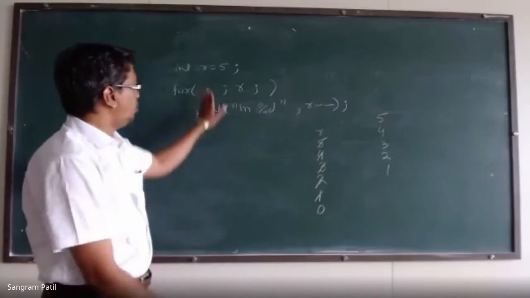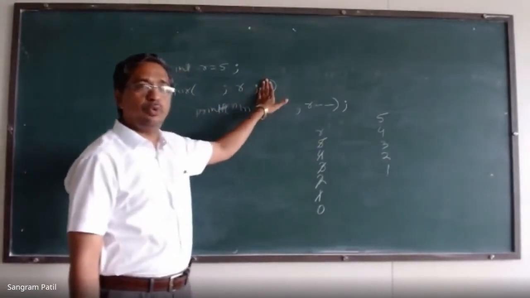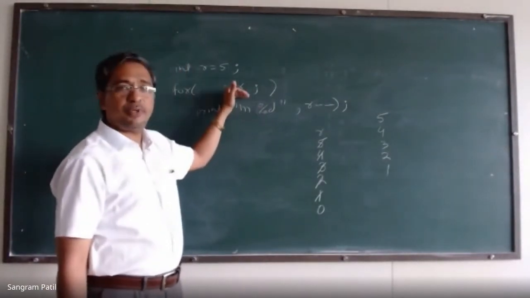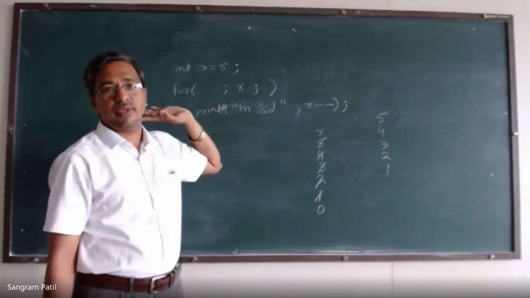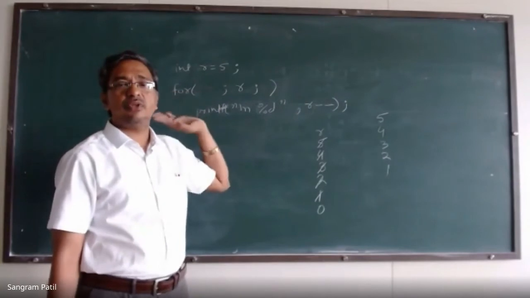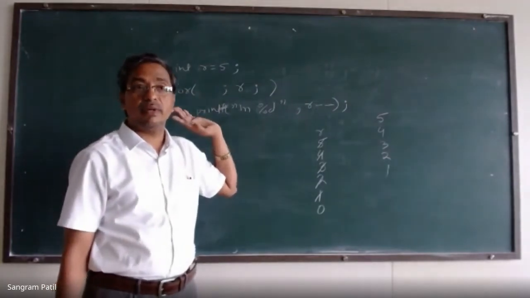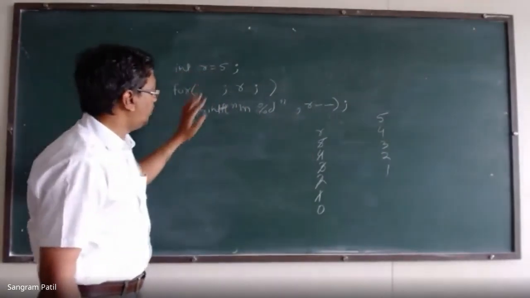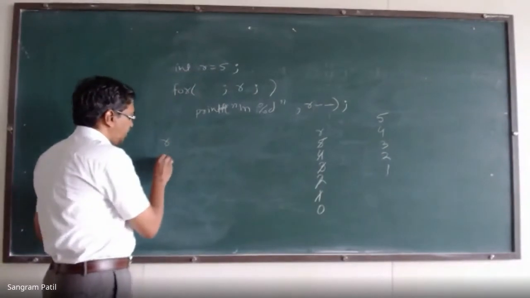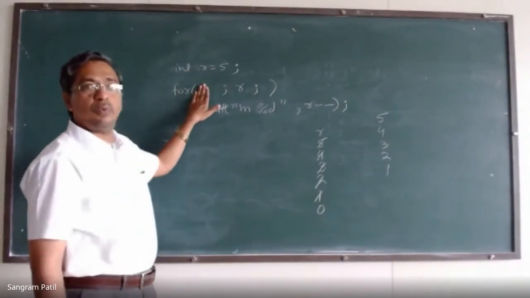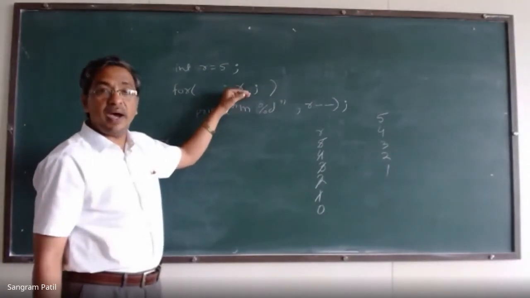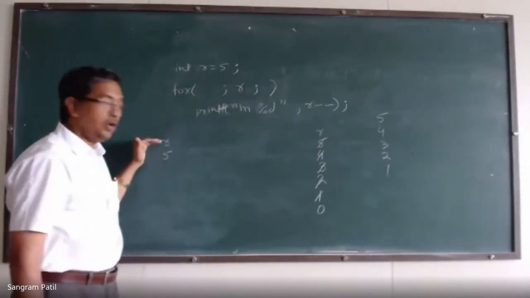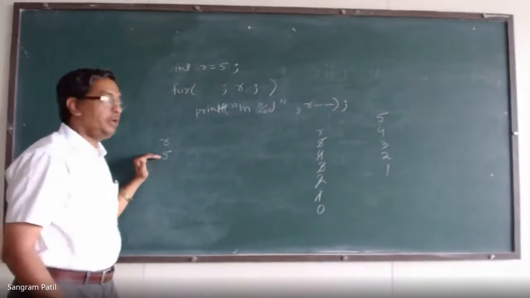There is no expression 1, there is no expression 3, and instead of expression 2 condition we have used only r. No condition is given, so it will be considered as an error, but this is not an error. R is equal to 5, so value of r is 5. Expression 1 is missing, this is a condition, so it will check whether value of r is non-zero. Yes, value of r is non-zero, so it will remain in the loop.